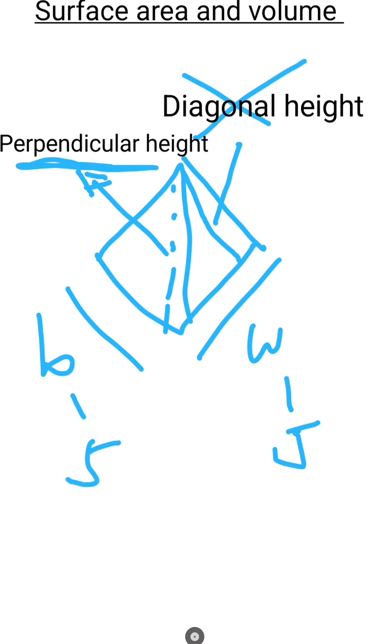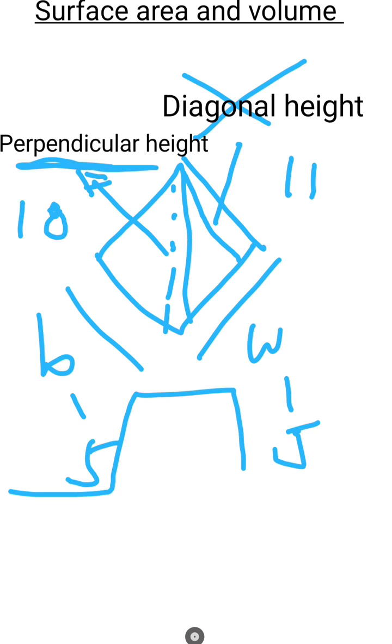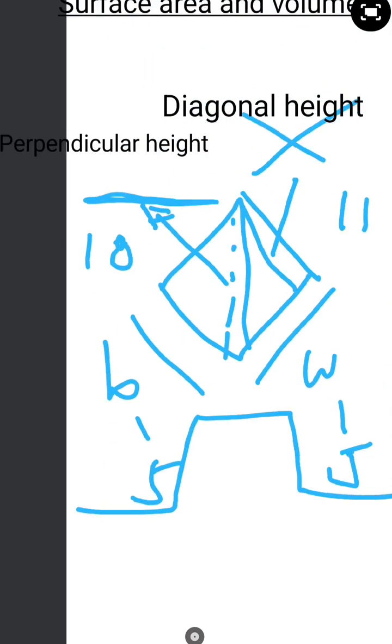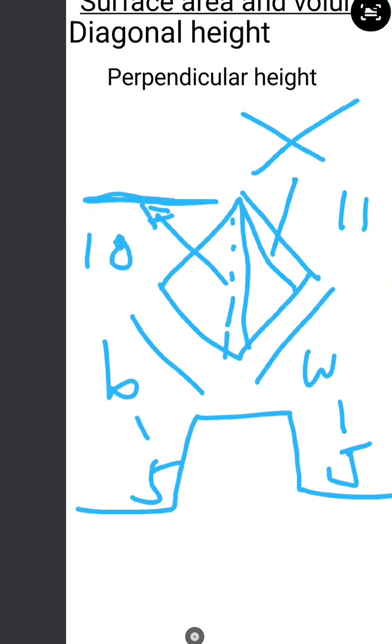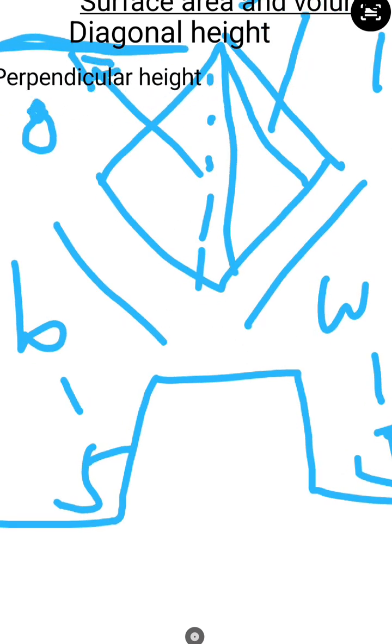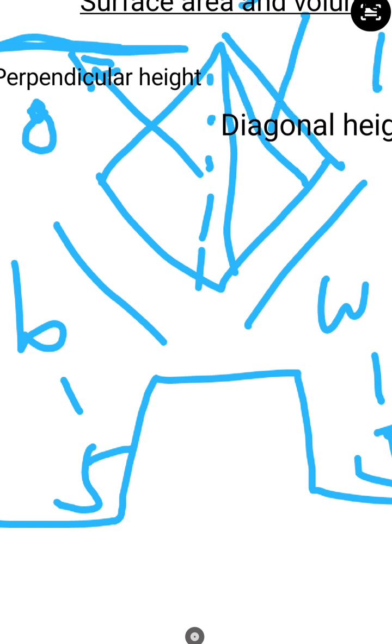You'd not use diagonal height, as that just doesn't matter in a question, for example, of perpendicular height. Let's put 10, and then diagonal height of 11, because that's just a bit longer, as mentioned, hypotenuse. So let's just make a little working there. Let's just pop that there. So 4 triangles, but perpendicular height, diagonal height,